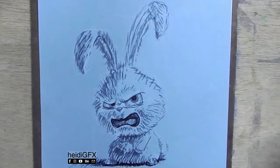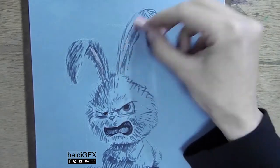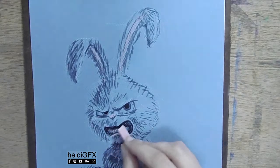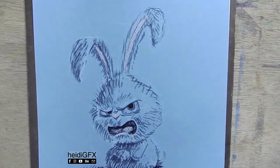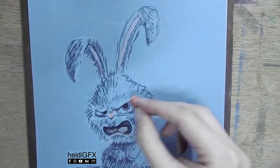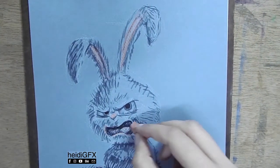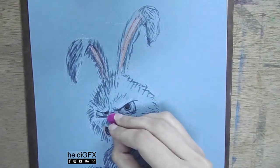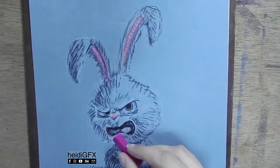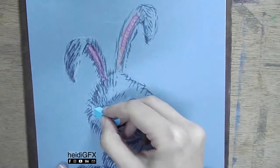Now I start to use pastel colors. This one is a hard pastel color, the square one. Color the tongue, nose, ears, and the lips. Add in a darker tone. And some pinks. Blues